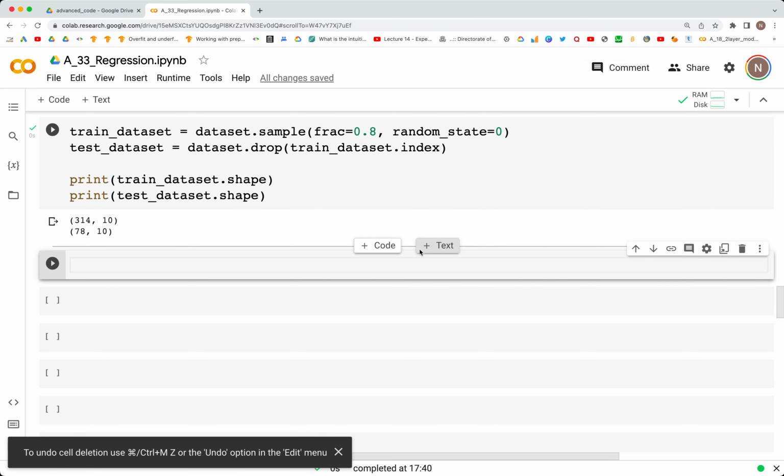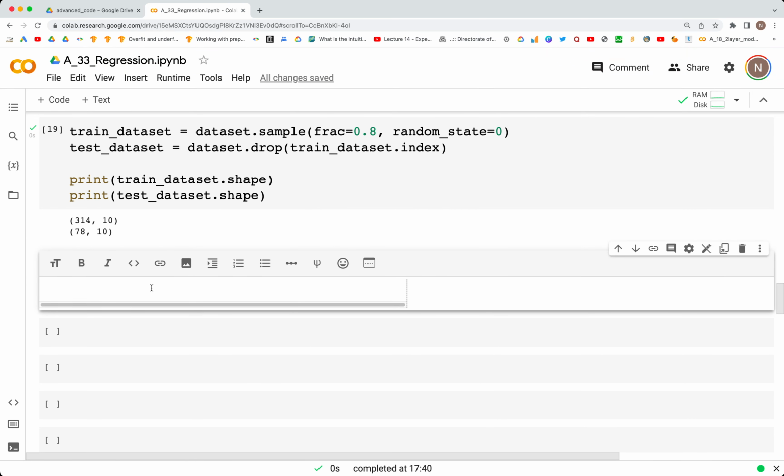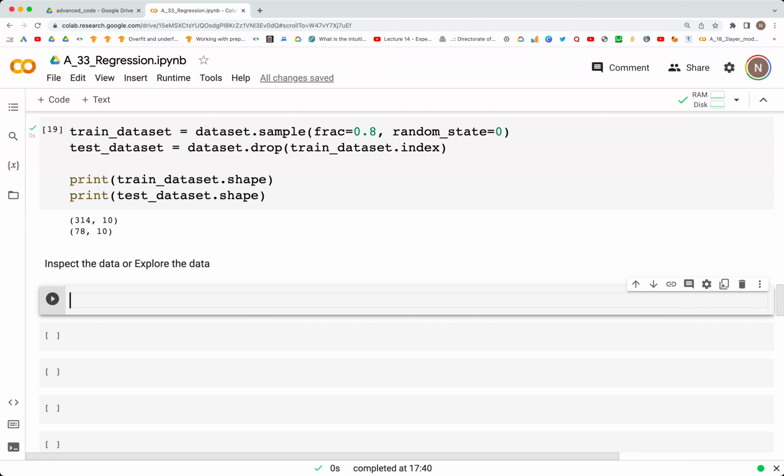Now, looking at the data, before we get started on the analysis side, we can inspect the data, or explore the data. And in this case, what we are going to use is the Seaborn library, and we'll create what is called a pair plot,